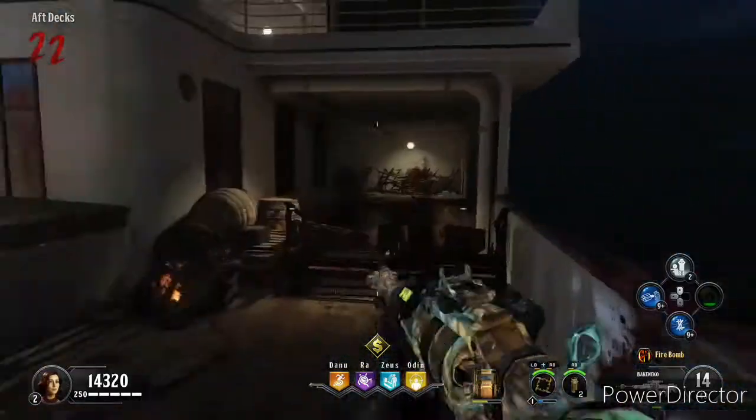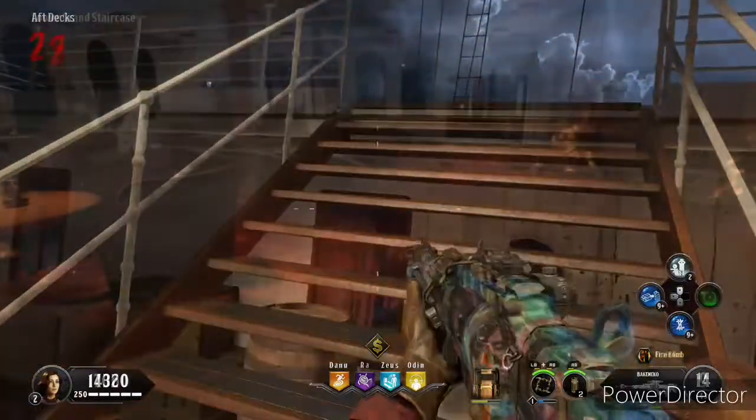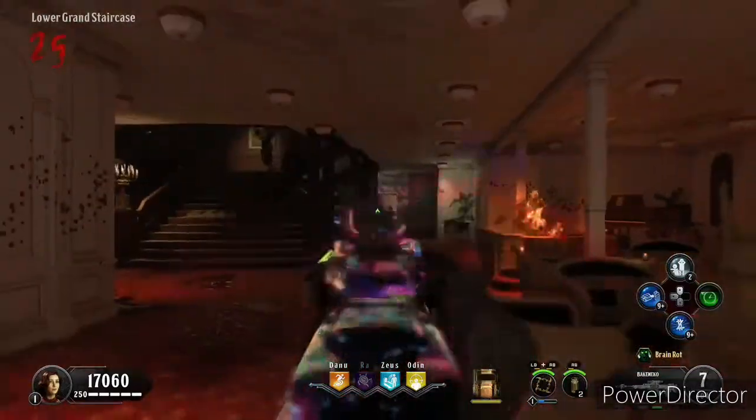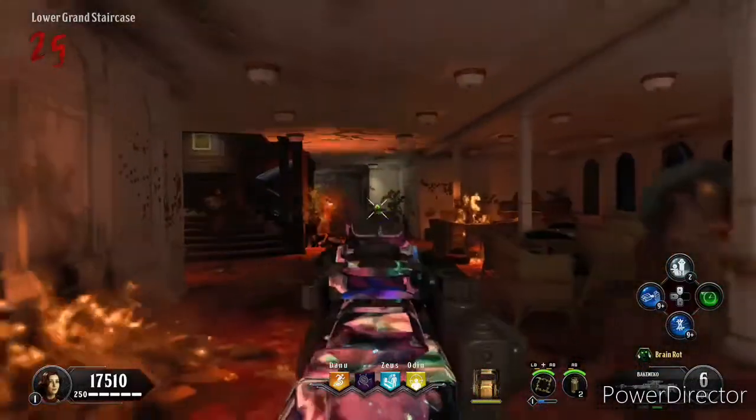It's decent. It's the Kraken, like the cannon launcher type thing. You can upgrade it. It's got four different abilities and upgrades, and you can Pack-a-Punch it normally, of course. So I do like the water weapon, but the bosses